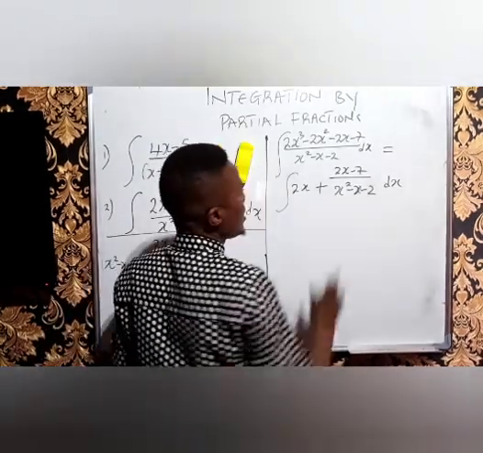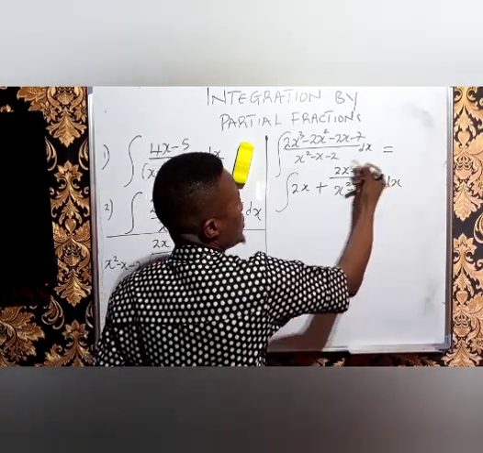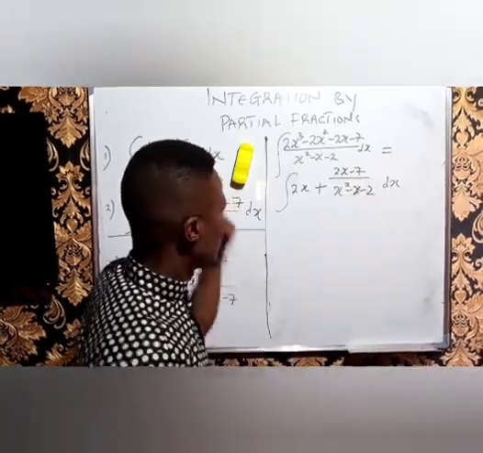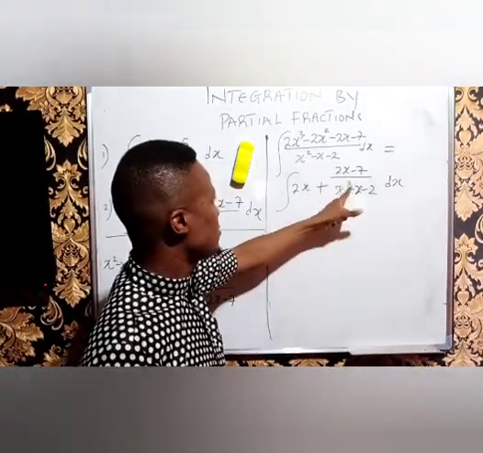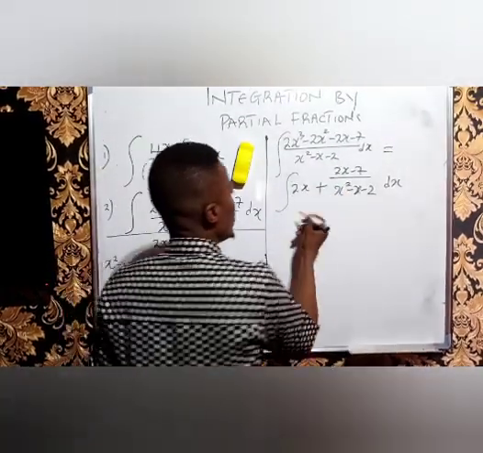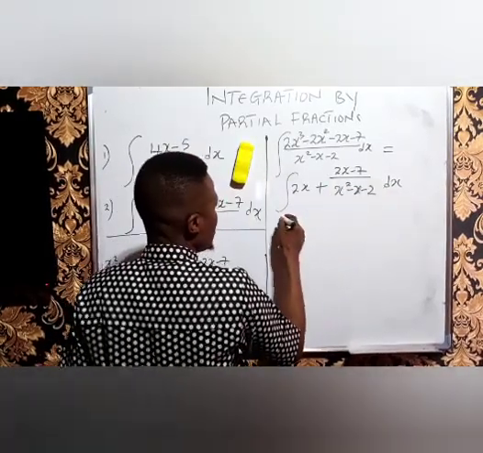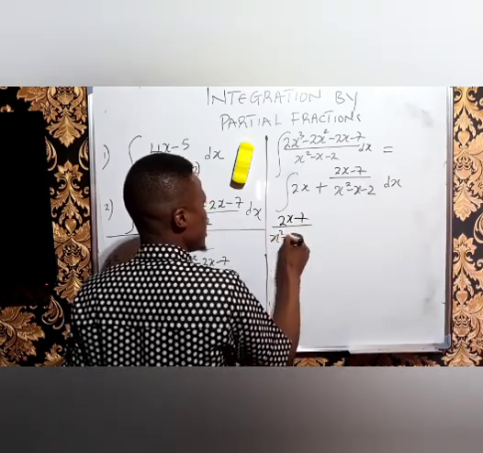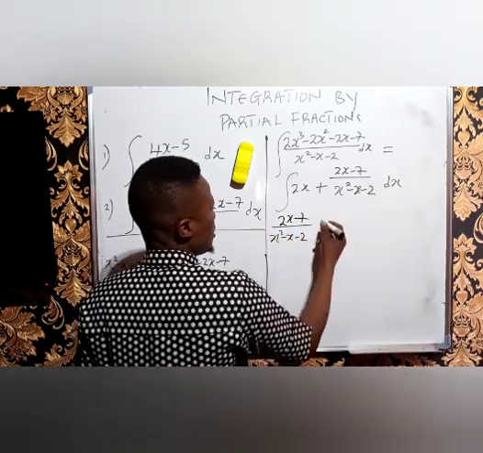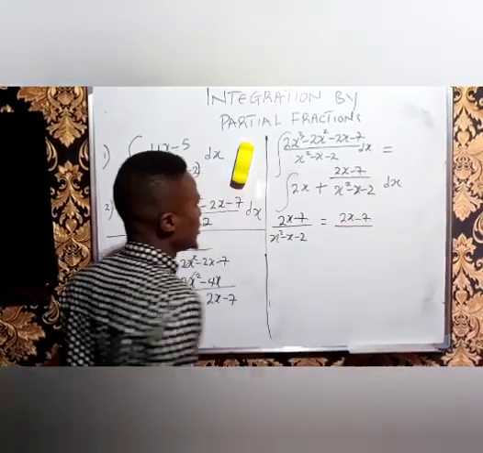Now we are going to integrate this. But this is also another partial fraction. We need to split this into partial fractions because it's still not in order. So let's split this alone. Let us leave the whole function for now and concentrate on this. When you have (2x - 7) over (x^2 - x - 2), you can call it (2x - 7) over